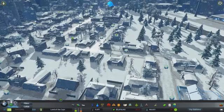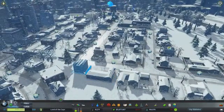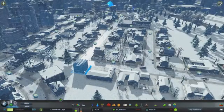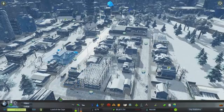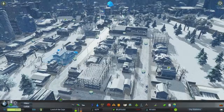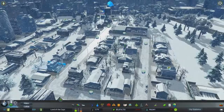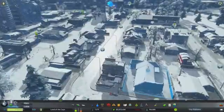This is kind of a weird suburban area, I feel like, because you've got apartment buildings mixed in with regular homes. And it would be fine if the regular homes had somewhat of a model of the apartment buildings, but they don't. They look like regular suburban homes. So I don't know. I guess there's nothing I can really do about it, but I just thought that was